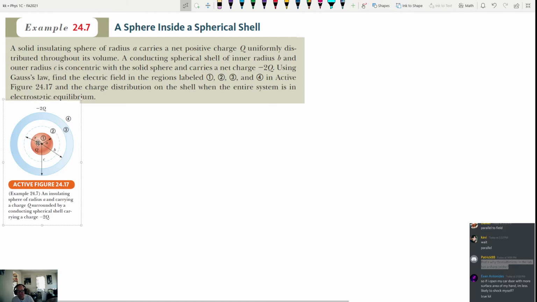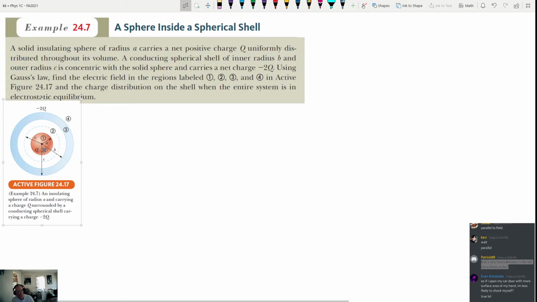You can kind of see that on the picture here, maybe not so obvious, but here's our insulating sphere. That's this one. And then the blue one is the conducting sphere. Okay, so the insulator is red, the conductor is blue. And we're given the charge on the insulating sphere is capital Q, and the total charge carried by the conducting sphere is negative 2Q. The two objects are separated by air, so air is an insulator. So it's not going to allow the charges to flow very easily from the inner sphere to the outer sphere. So they're basically disconnected. So you have negative 2Q on the conductor,